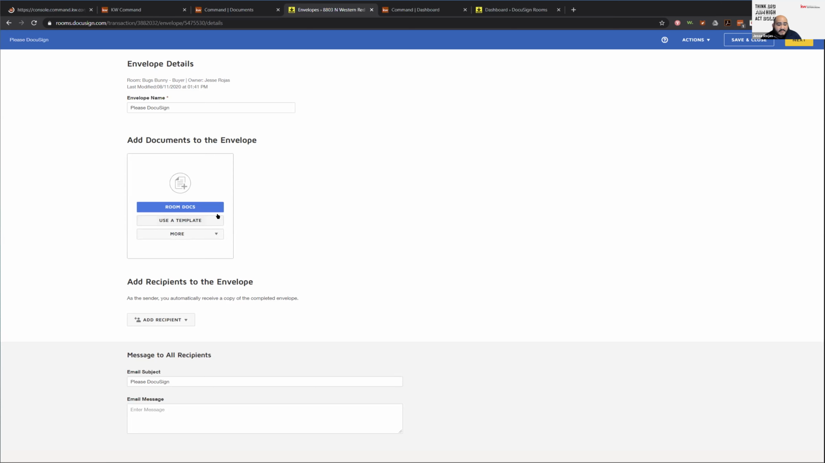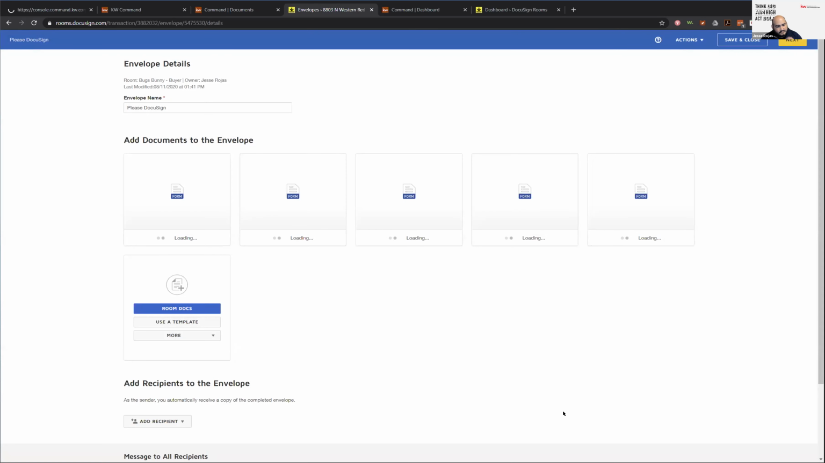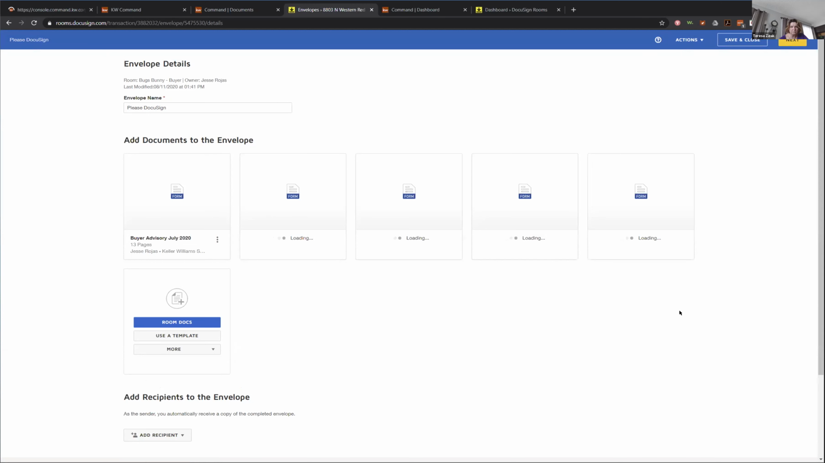Now what I want to do is select specific docs. So I'm going to click on this room docs. Everybody see that? So I'm selecting that. And I only have 5 forms in here. So I'm going to select each and every one of them. Okay. And now I'm going to add selected. Okay. Once everything finishes loading, the next thing that you're going to need to do is add recipients to the